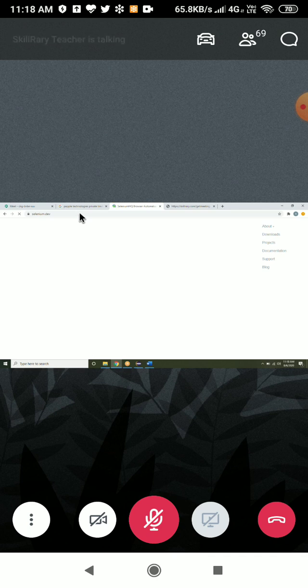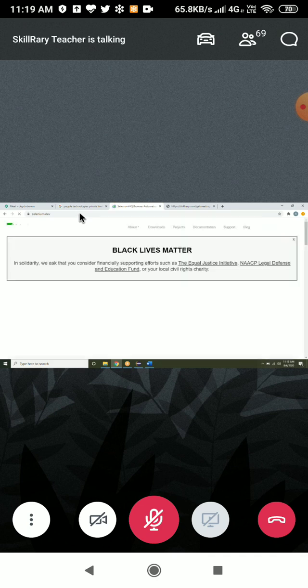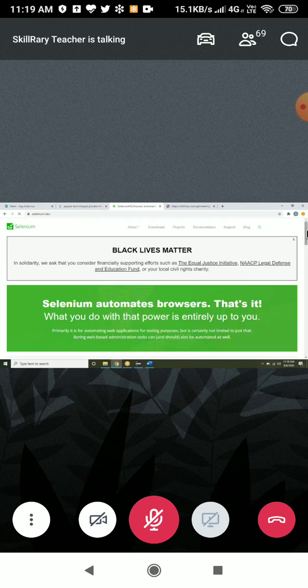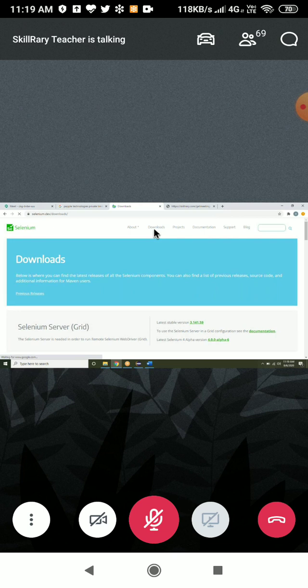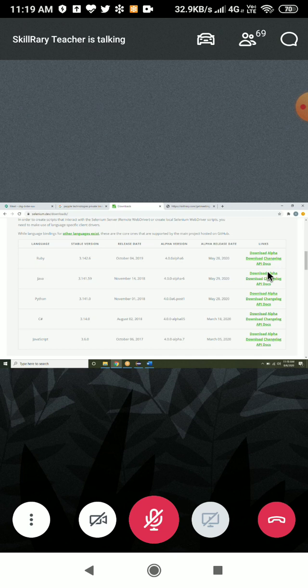Go to the download page of Selenium, then scroll down and click on this download link of Java.